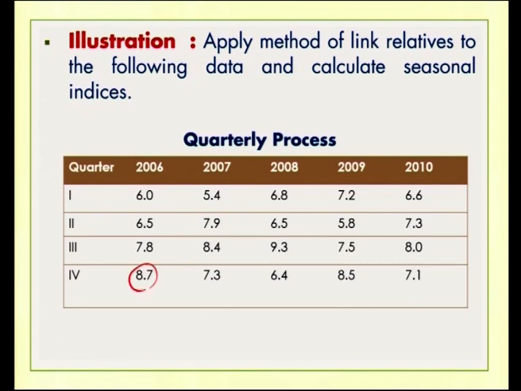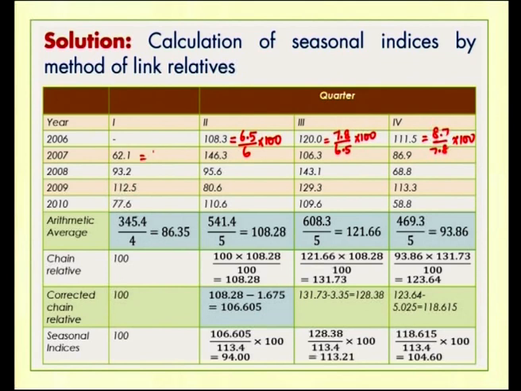This one is the previous one and 5.4 is the current value. So, 5.4 by 8.7 into 100. Likewise, the values are calculated. Then just add for the arithmetic average: 62.1 plus 93.2 plus 112.5 plus 77.6 is